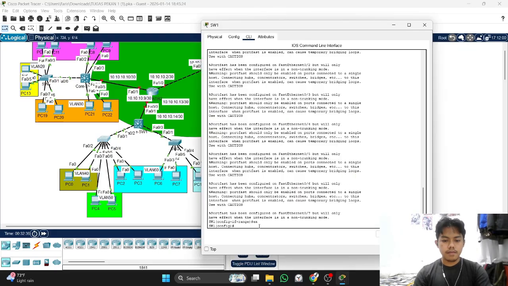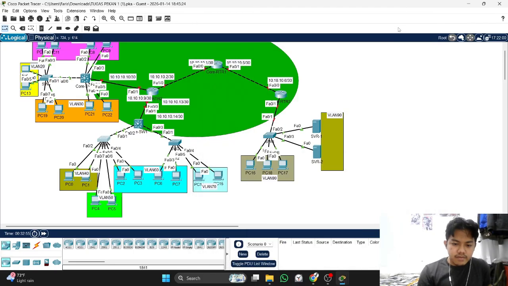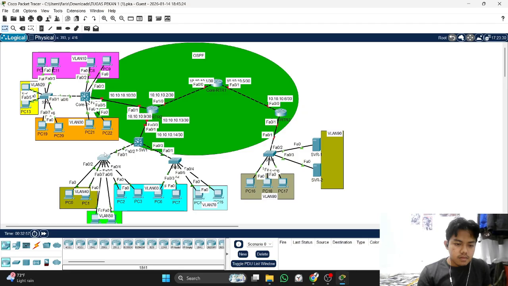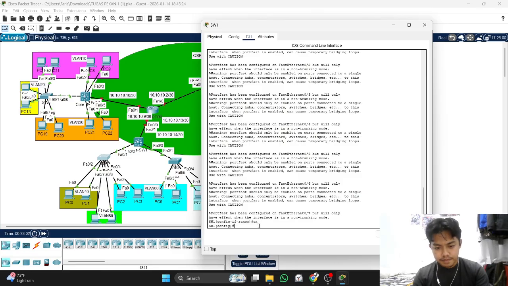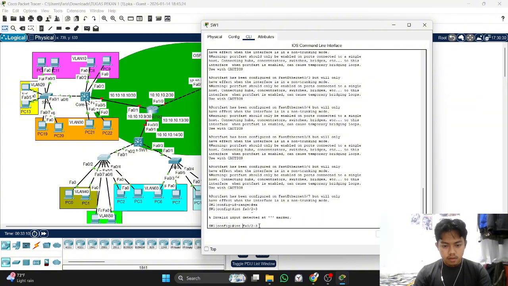Okay, after port fast, you configure the VLAN to the interface. Start from switch 1, interface F0/2 and 3. That's for the VLAN 14,